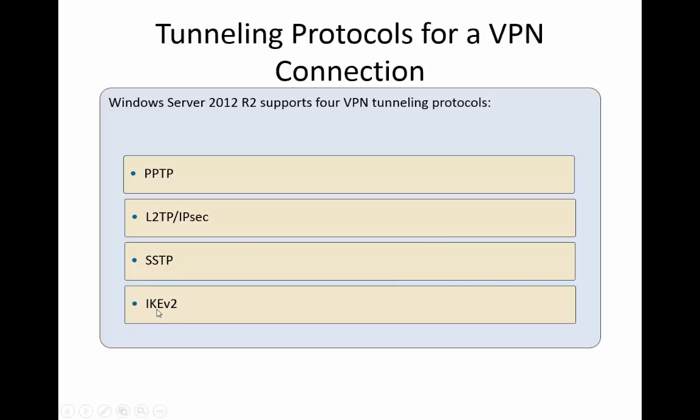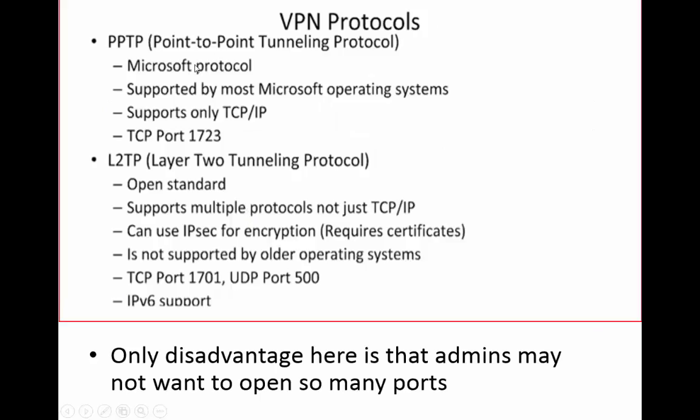And then IKEv2, we're going to come there. It's for when you're hopping from one network connection to another network connection, and you want the VPN protocol to stay connected wherever you go. So you go from McDonald's, then you go to another Tim Hortons, and the VPN will connect you again. So that's IKEv2. Anyway, we're going to go ahead and check that. So point-to-point protocol is by Microsoft. It is not that secure.